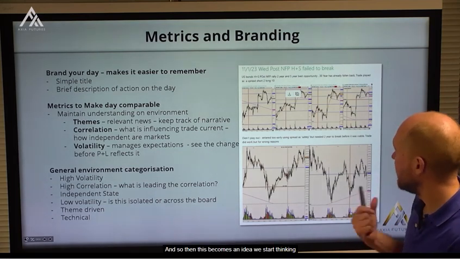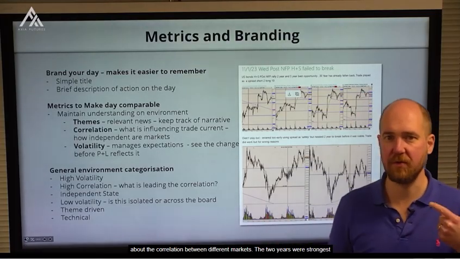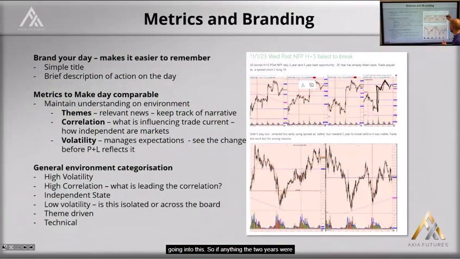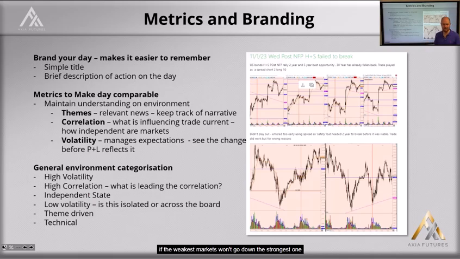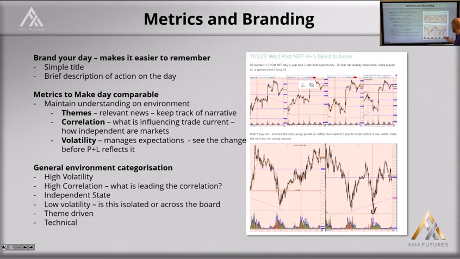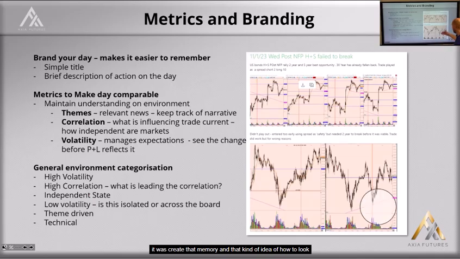And so then this becomes an idea where you start thinking about the correlation between different markets. The 2 years were strongest going into this. So if anything, the 2 years were the one that were going to bounce. That was the market that probably wasn't going to break. And yet when the 2 year gets to the point of break, it's the longer end that holds it up. So essentially this was a trade where the strongest market was held up by the weaker ones, i.e. if the weakest markets won't go down, the strongest one isn't going to go down. And so it illustrates a time where you don't want to be playing this as a break because of the correlation with other markets. So it helps create that memory and that kind of idea of how to look at